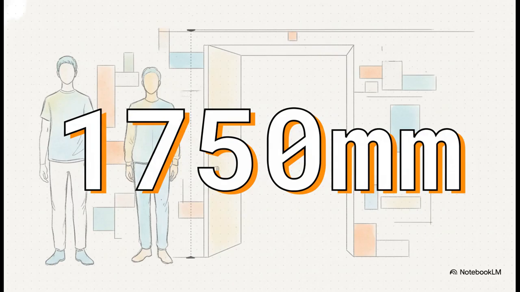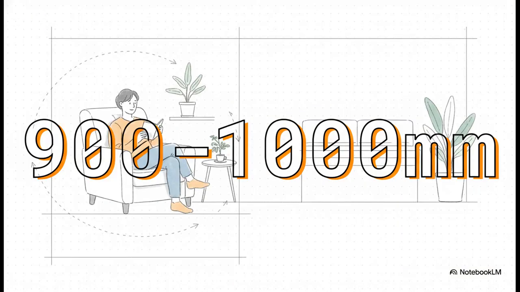It's the reason most doorways are a certain height, so you don't have to duck every single time you walk into a room. Okay, what about this one? 900 to 1,000 millimeters. Now that's not just the width of a comfy chair. It's what we'd call its spatial footprint. It's the chair plus the little bubble of space you need around it to actually get in and out comfortably so it doesn't feel totally jammed against a wall. That's the data of comfort right there.